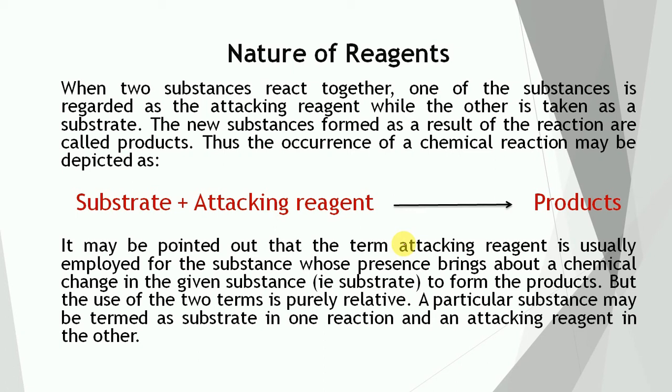Nature of reagent. When two substances react together, one substance is regarded as the attacking reagent while the other is taken as substrate. The new substances formed as a result of the reaction are called products. Thus the occurrence of a chemical reaction may be depicted as follows. So in any chemical reaction, one is the substrate and the other is the attacking reagent,